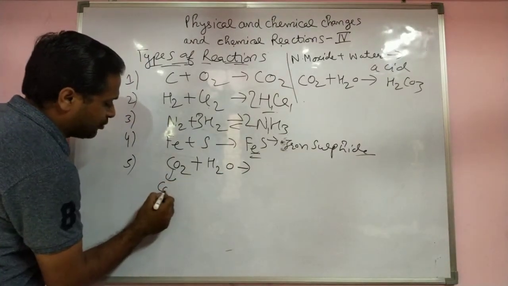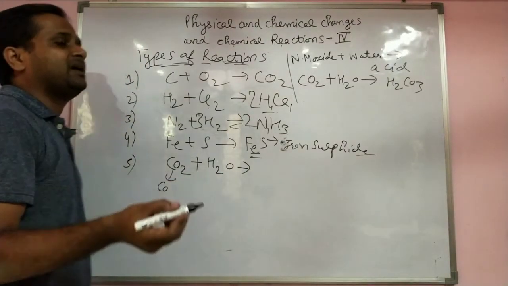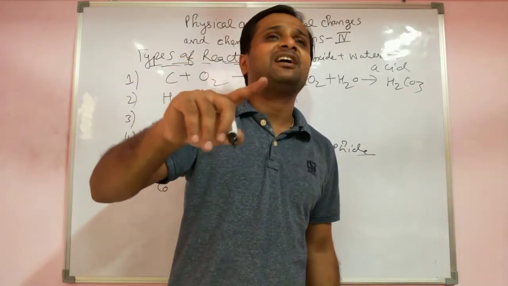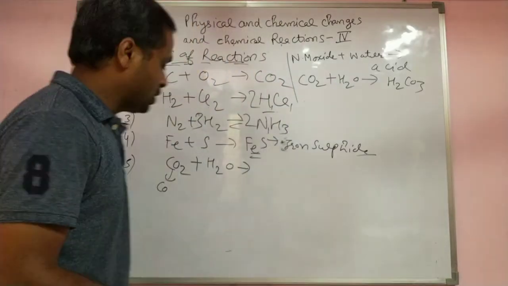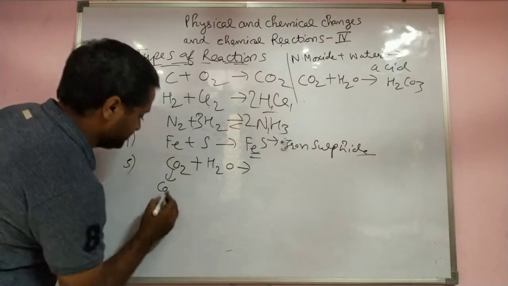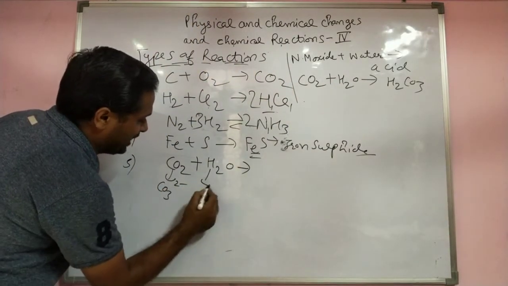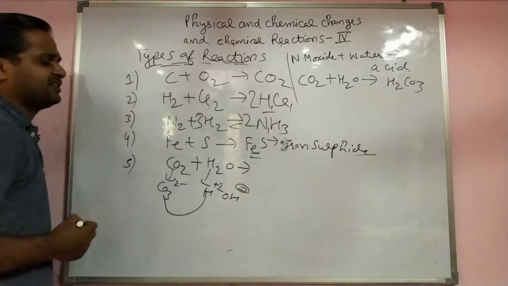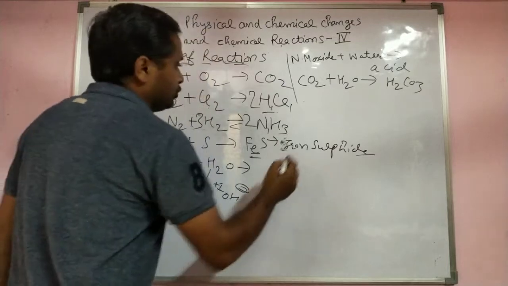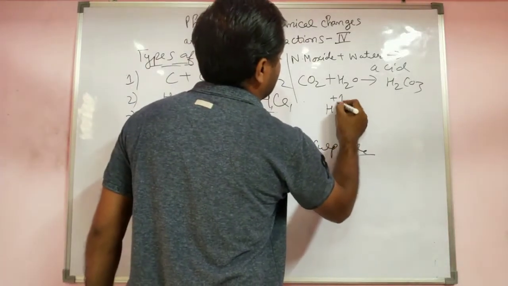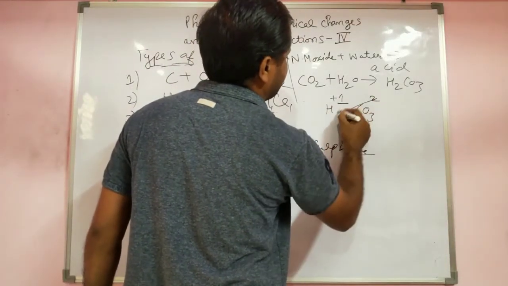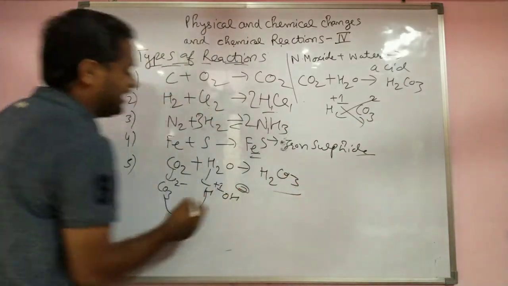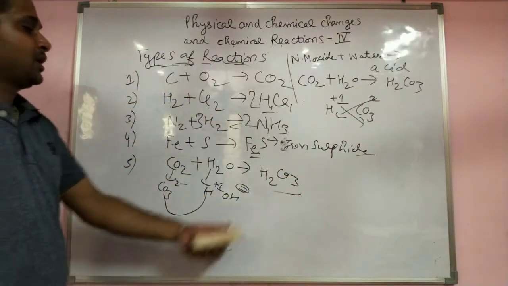Keep in mind, when you add carbon dioxide in any reaction, it becomes carbonate. Or when you heat the carbonate, it always gives CO2 gas. So you write carbonate and water, you know, H positive, OH negative. The positive reacts with the negative. So you know H1 positive and CO3 2 negative, by the crisscross method we get carbonic acid. This is the way to find out the reaction.